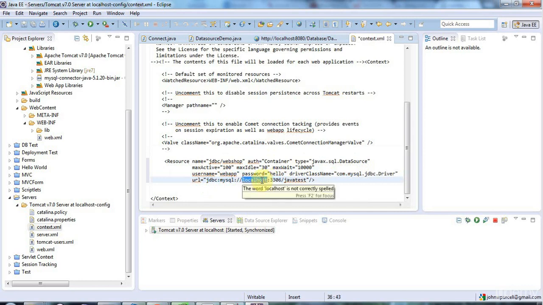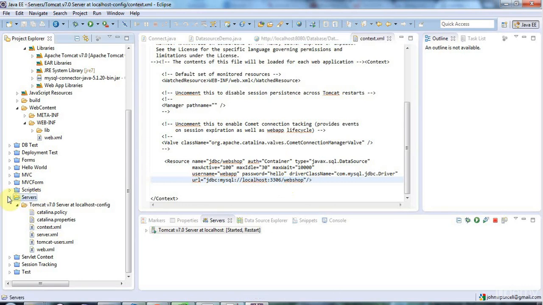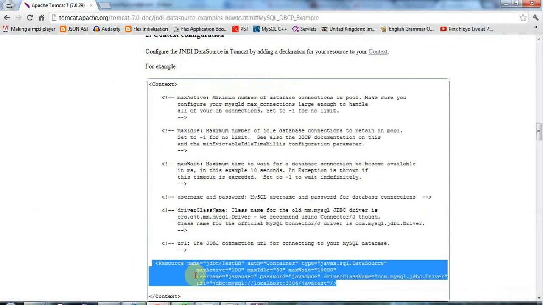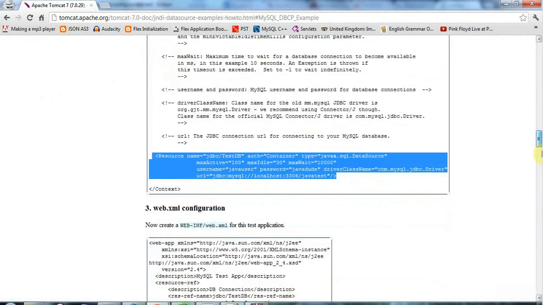But if you're working in some corporation somewhere, this is probably not going to be localhost, unless you just want to run stuff locally. And this is my database name here, and mine is actually set to Web Shop. So I'm going to save that, and now we're done with this server's project configuration. So let's just close that down and go back to Google, and now the next bit is the web.xml file